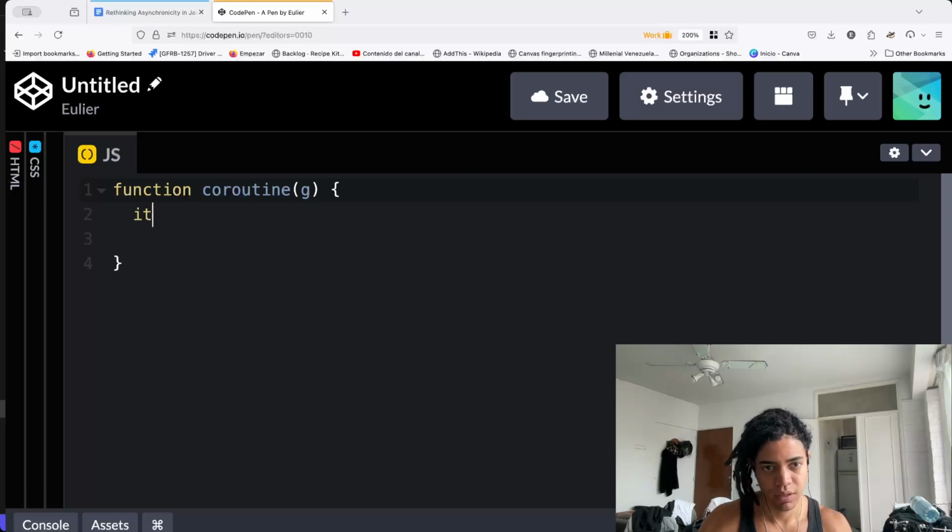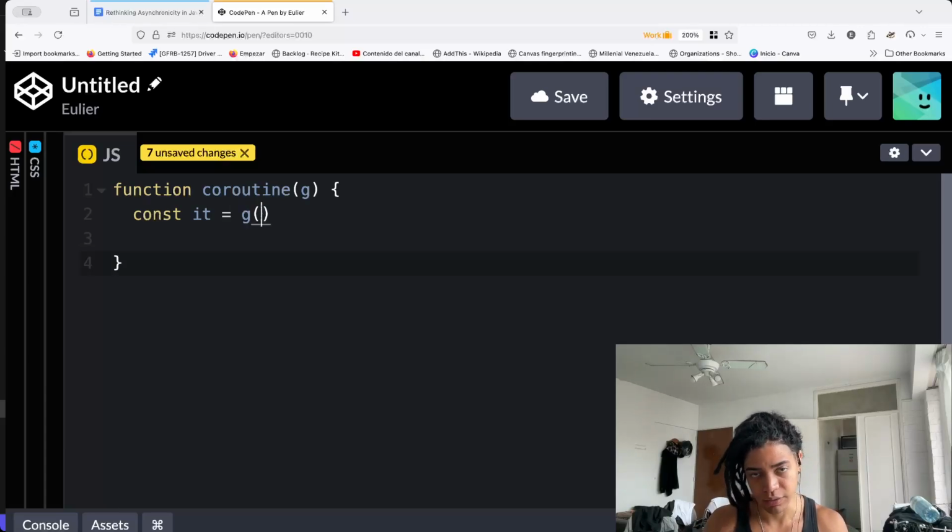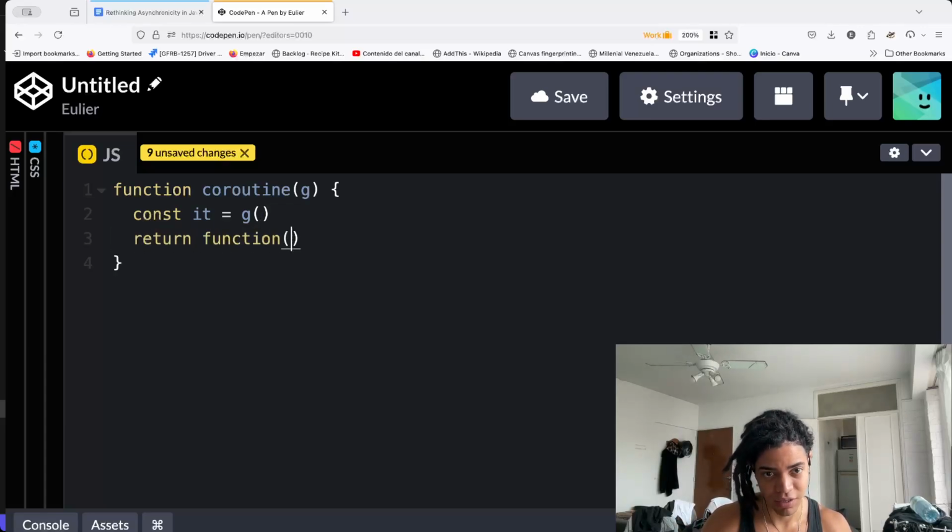Okay, to actually get the iterator from G anytime I call this generator, and I want to return a function here with the arguments. That's one of the reasons why I'm using function here, because we can have access to the arguments object, and the value of this is